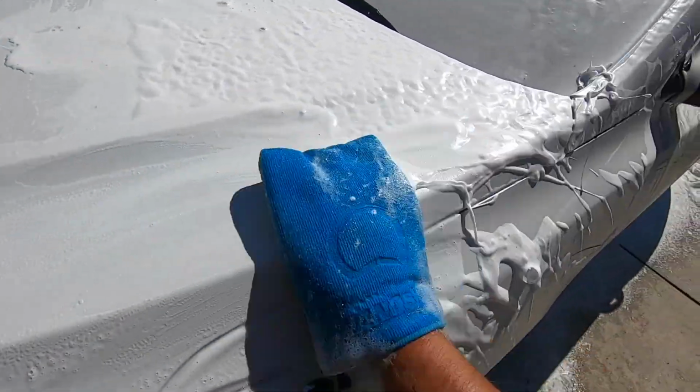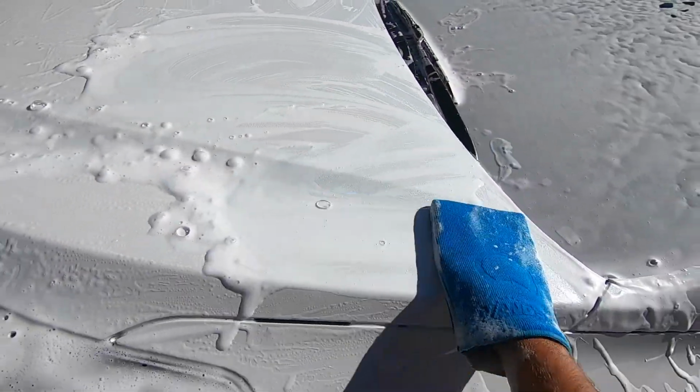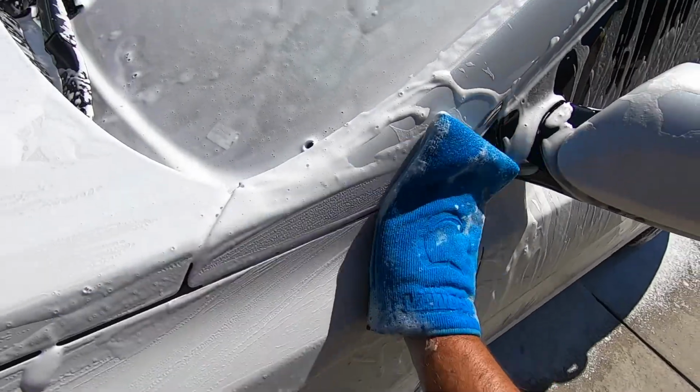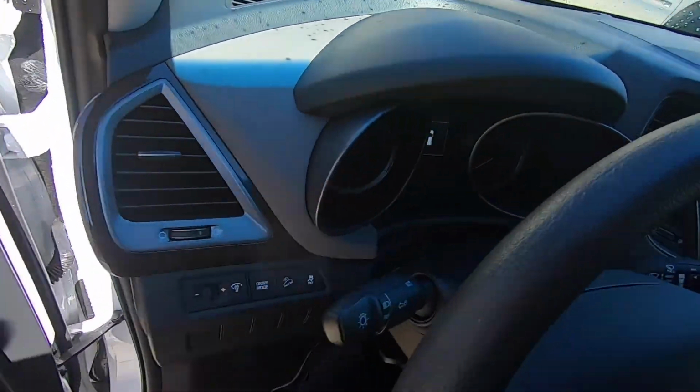So this is pretty much the process. I'm not going to bore you guys with more, so let's go ahead and get right into us pulling the vehicle in, and I'm going to actually have you guys see us doing the paint correction, and then we'll get into coating. Pull this into the home studio,